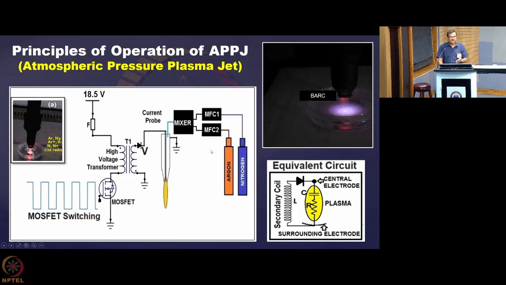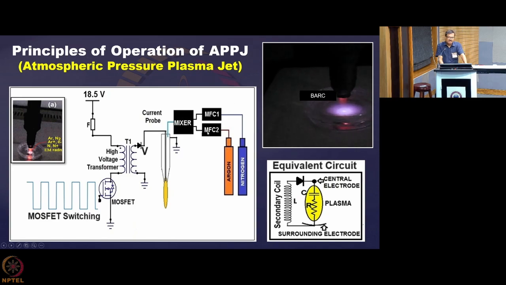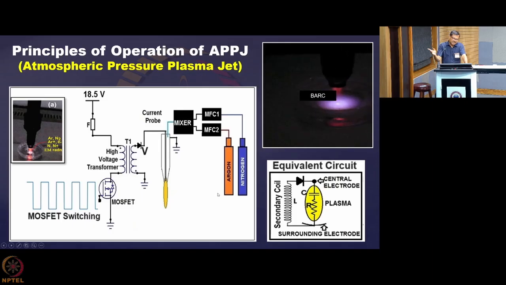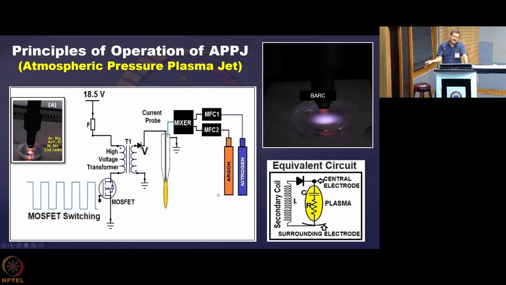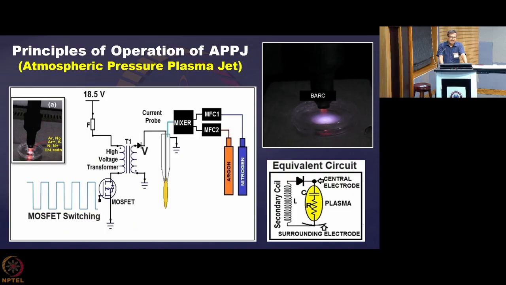You can control their flow rate, you can control the nature of the gas, anything that you want to do, you can do it through this control, this MFC, mass flow controller. So MFC1 is for this cylinder, and this is for another cylinder. And if you are operating with air, then you require no cylinder. You can just take the atmospheric air and push it in here. But there you may require a mass flow controller, of course, so that you know what flow rate you are using.